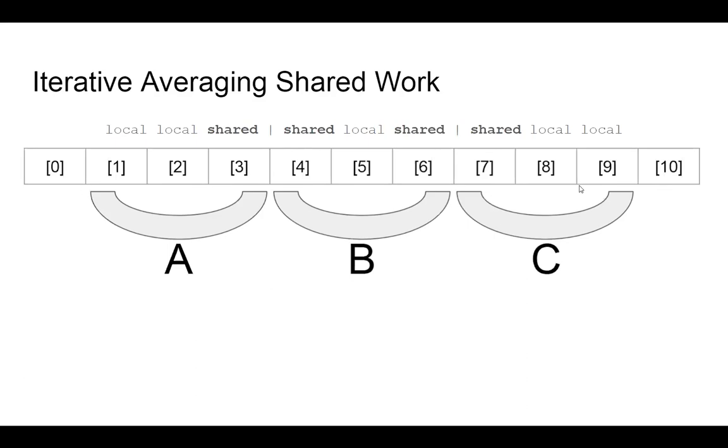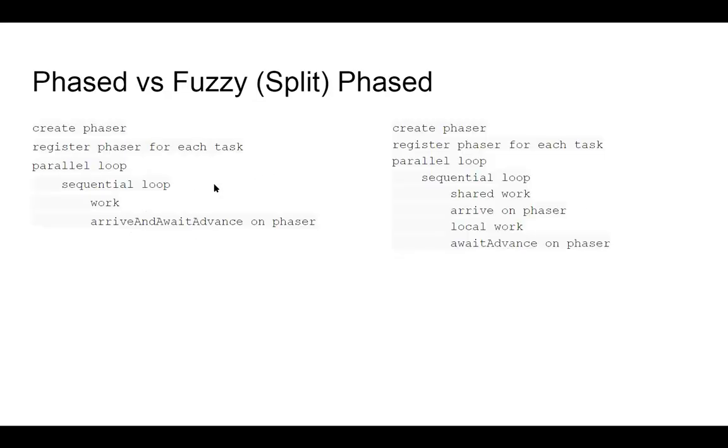I want you to imagine that instead of this being 11 long, it's like 100 million long, right? And so there's just one on each of the edges that needs to be done. And then all this local work in the middle could be done next. And so that allows us to do this fuzzy or split phase barrier kind of thing, where instead of just